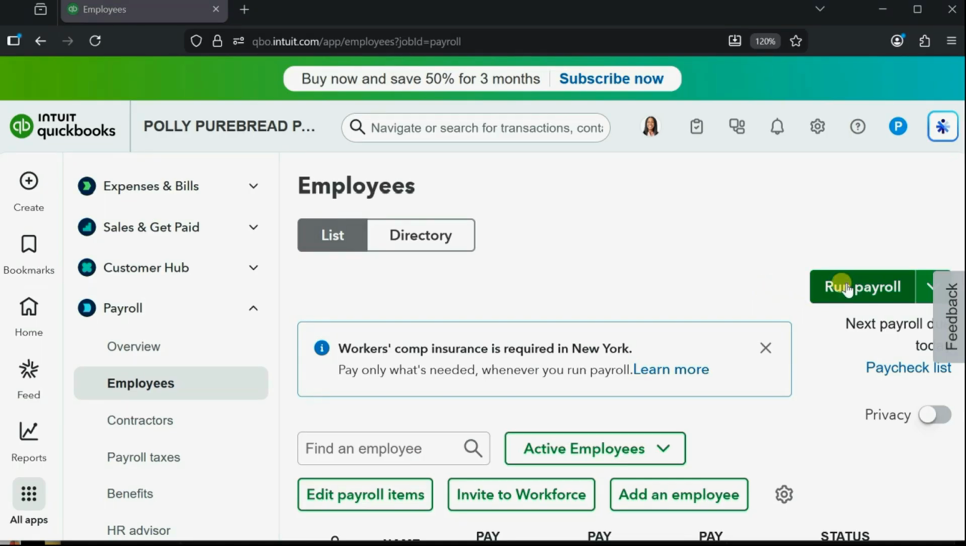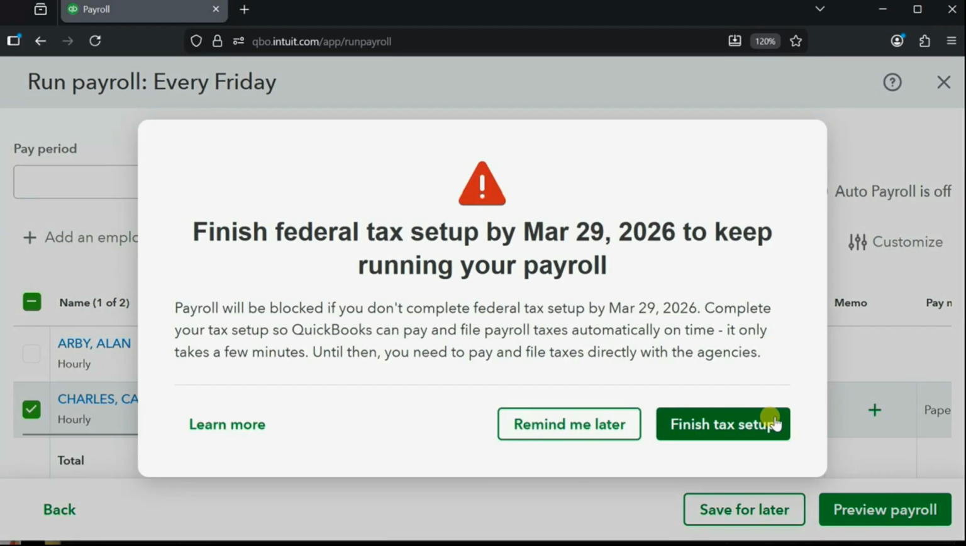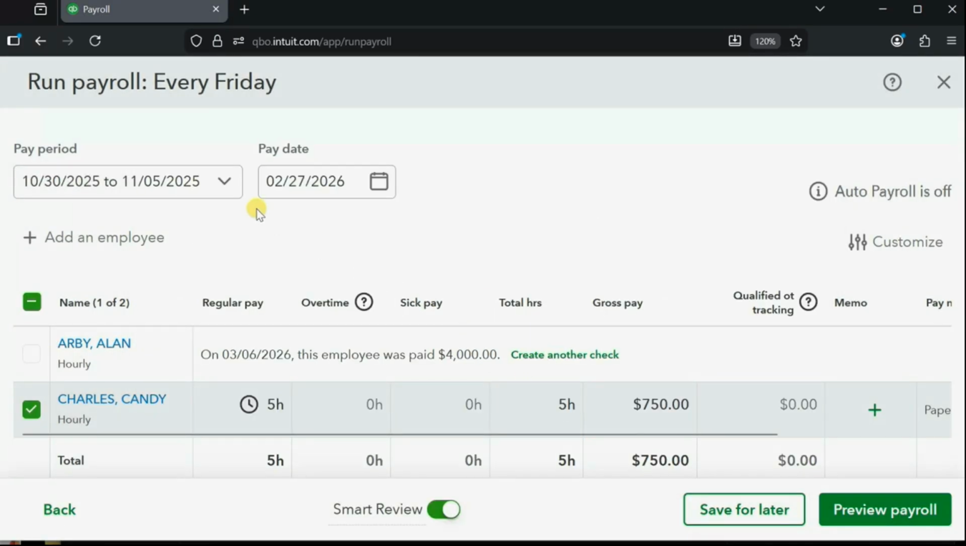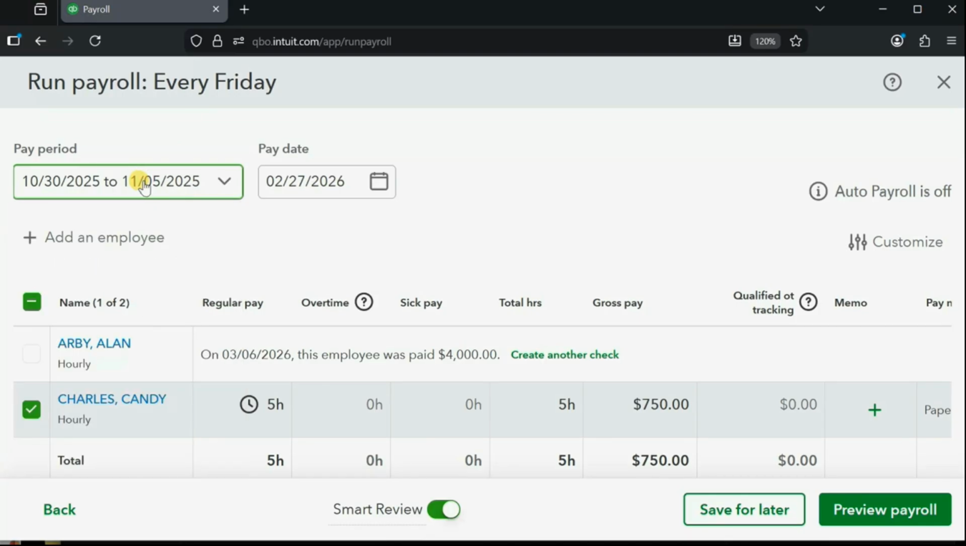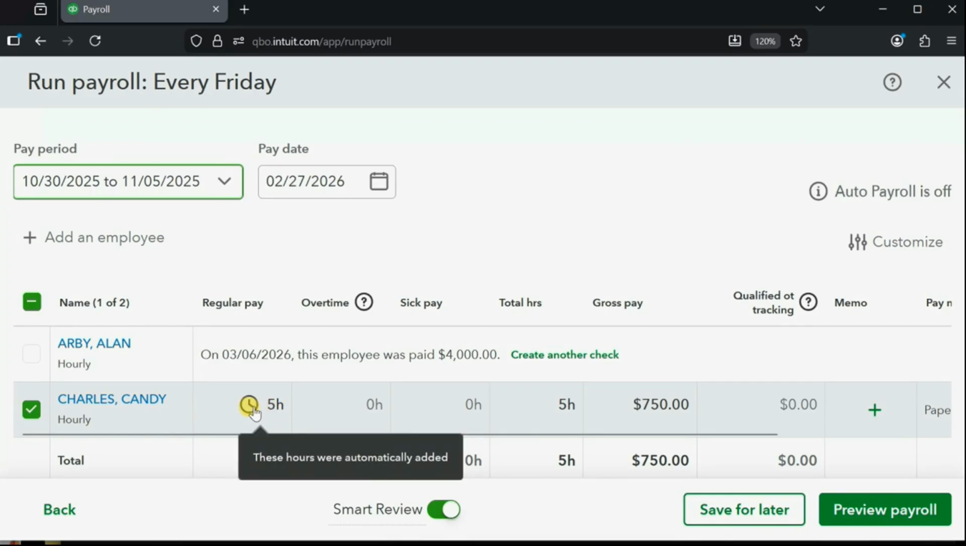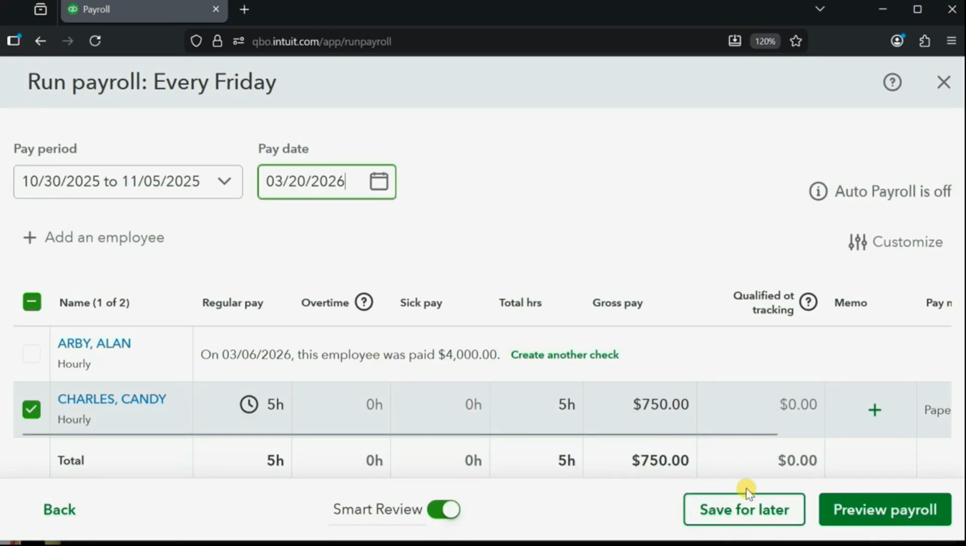So now we want to run payroll, and this is the pay schedule that Candy is a part of. So we click confirm, remind me later. Now, this is the time period. Aha, look at that. This is the time period that we made the one-time activity for that was billable, and that's what shows up by default during this pay period. And we're going to pay her, I think we're up to March 20th or close enough to March 20th. But the point is,